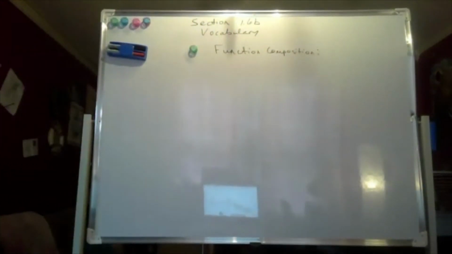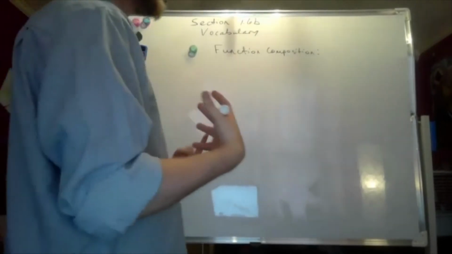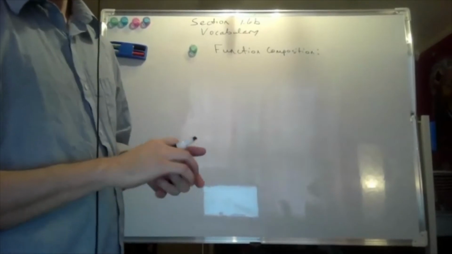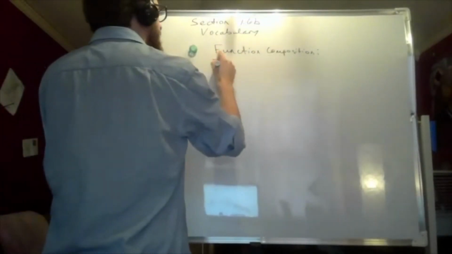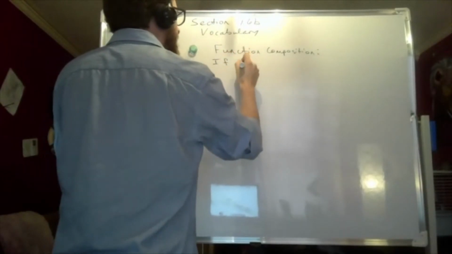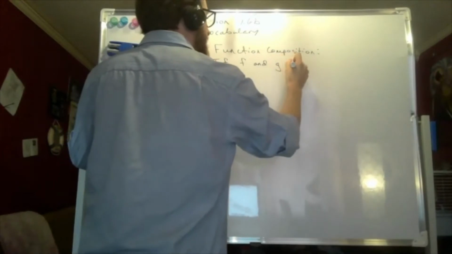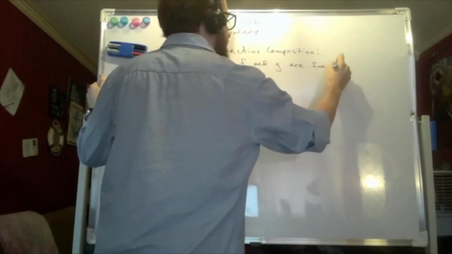So, function composition is when you compose two functions, or in other words, it's when you put a function inside of a function. So, what does that mean for us? Well, if f and, say, g are functions,